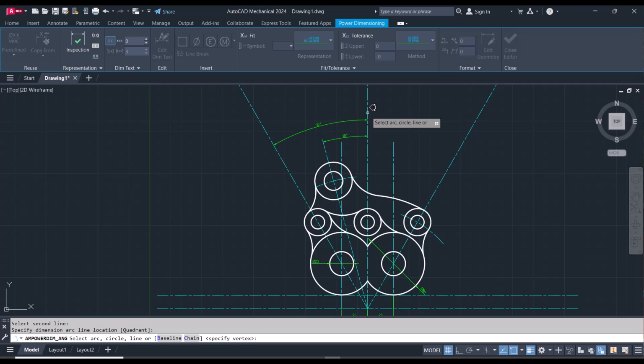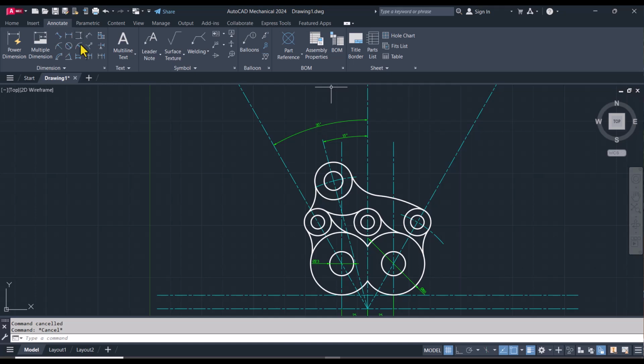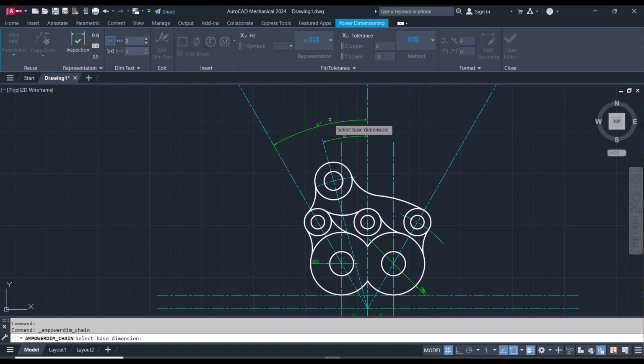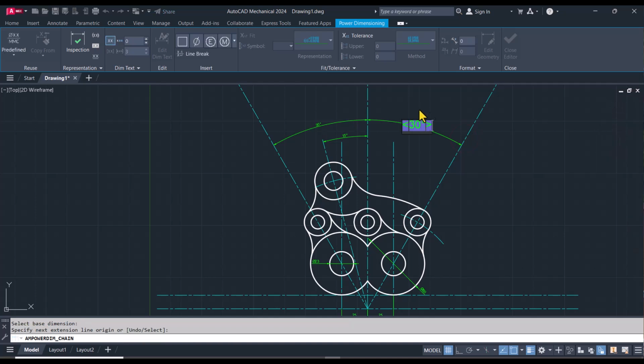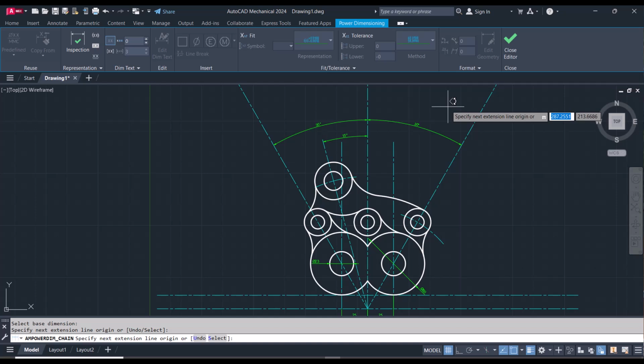And I can hit escape and go back to chain, and then for base I'll select this, and then I'll be asked to select the next extension line. I'll click on that, and then the two will be put together like this for me. So I can close the editor,